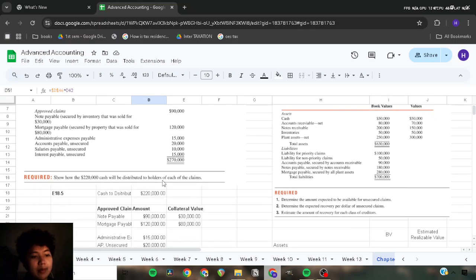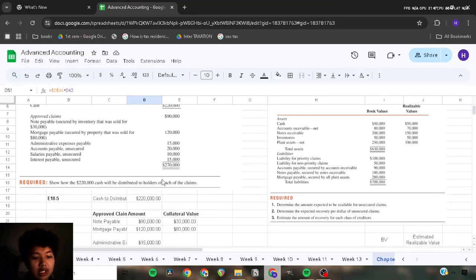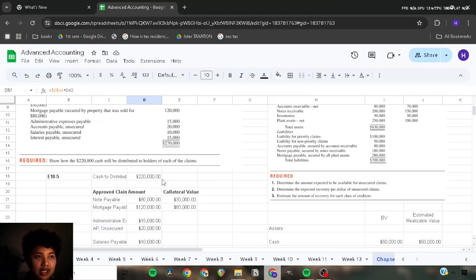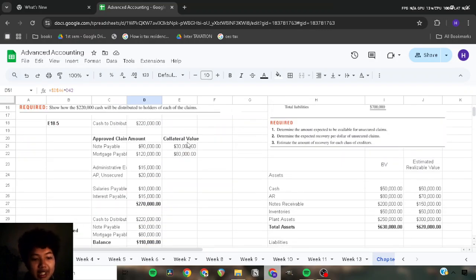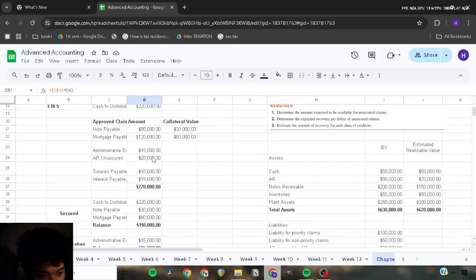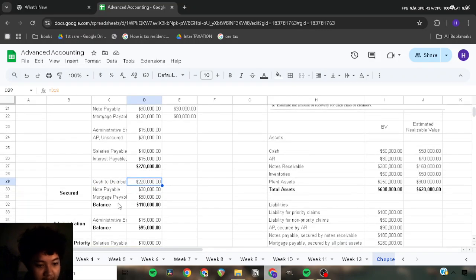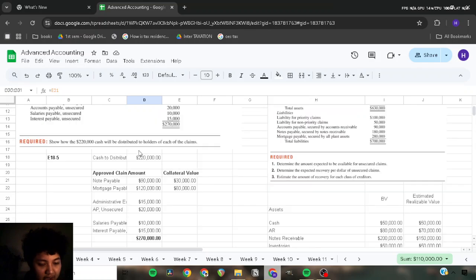There are payables that are more prioritized, such as the notes and the mortgage. We secure the amount, like the collateral value, that's how I call it. We can pay that first before we pay everything else. So that's exactly what I did here. Look at this. This is the initial cash, this is the notes payable, this is the mortgage, and basically I paid off these two first. I took this from the secured amount, as it is stated here.